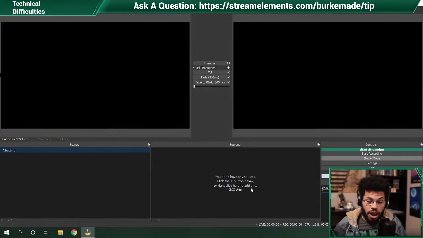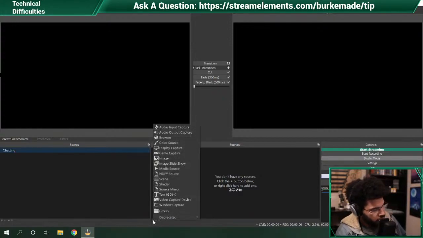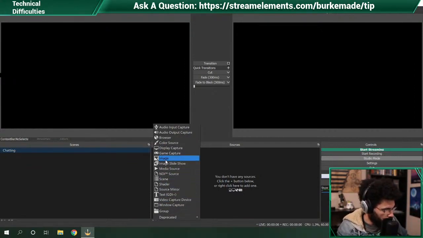To bring your graphics in now, it's almost identical, but you come down here to your source panel. You click this plus sign, boom, add. Now, you've got all these different types of sources that you can add. When you're adding pictures, so PNGs, if you're going to be using them as overlays, hopefully they're PNGs because JPEGs are not transparent. So your PNGs, all you're going to do is boom, image,